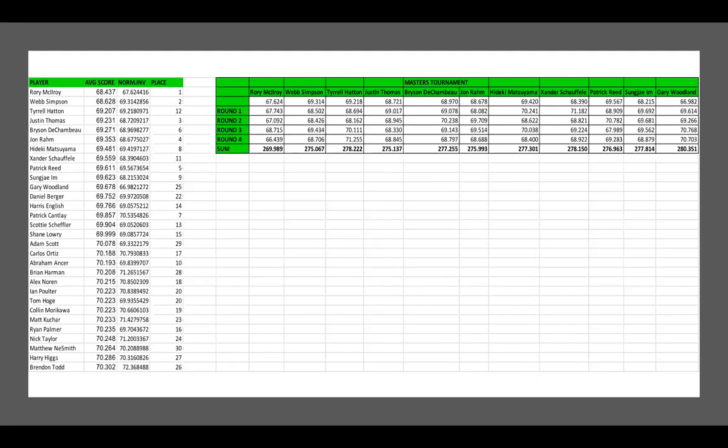As you see, Rory McIlroy's is 269.989. What that basically does is tell you their combined score after the 4 rounds. So whoever has the lowest one is the winner. And so basically I used the rank function to determine who would be first, second, third, all the way to 30th. And just over here you can see the place column. You got Rory McIlroy first, Webb Simpson second, Justin Thomas third.